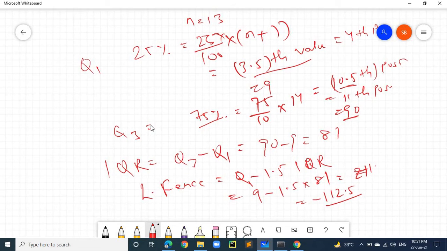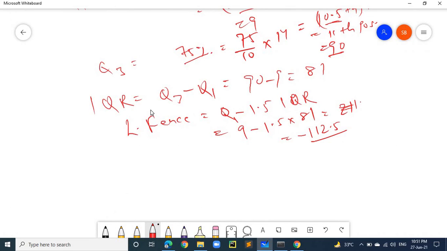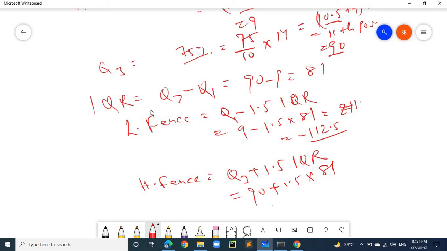The upper fence, or higher fence, will be Q3 plus 1.5 times the interquartile range. Q3 I have calculated is 90, plus 1.5 into 81, and if you calculate this, it becomes 211.5. Values below the lower fence and above the upper fence are called outliers.